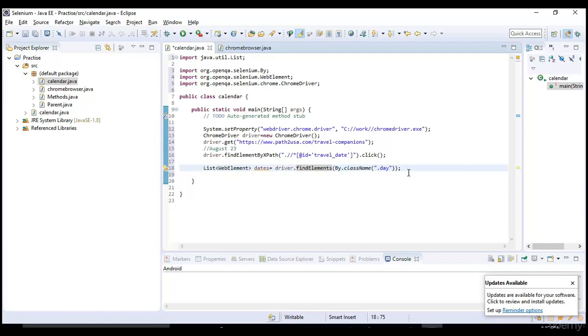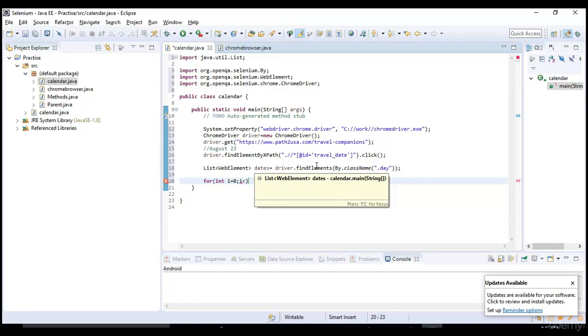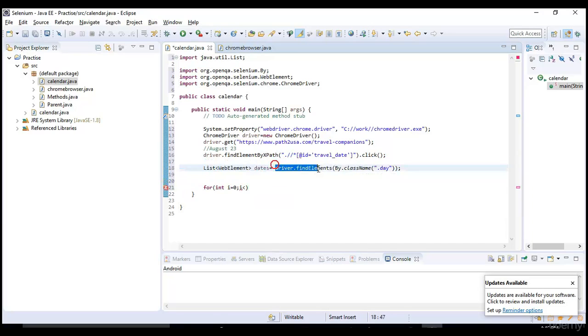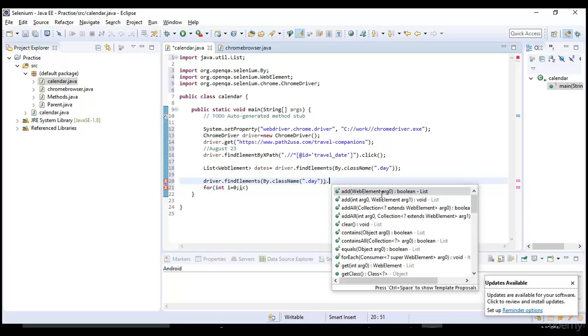Now I will put a for loop and travel through each and every item in the list. So for int i equals 0, i less than... how many times do I want to go through that loop, till each and every item is compared? That means we first need to know how many items are present. For that, you can simply say driver.findElements, same thing, dot size.